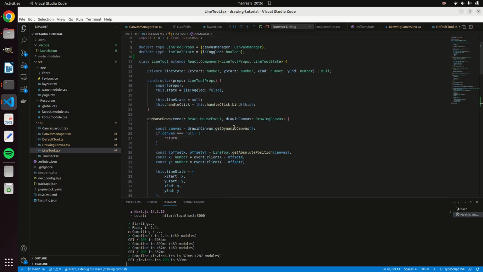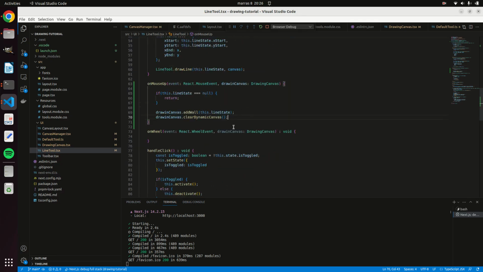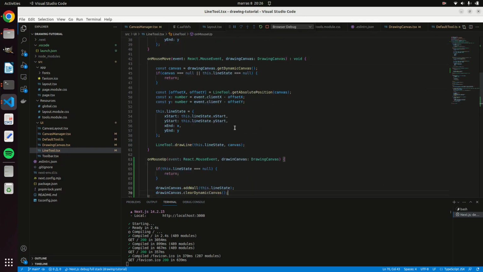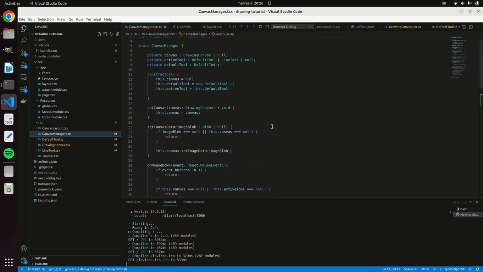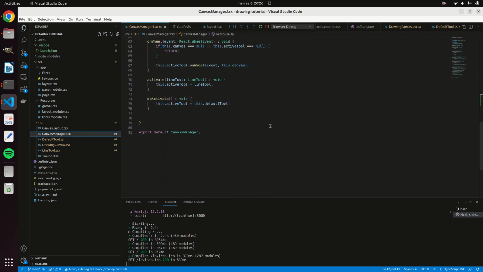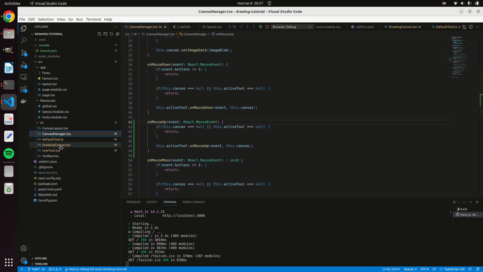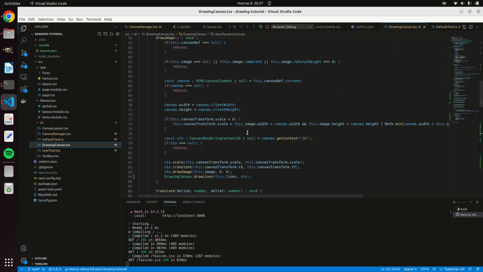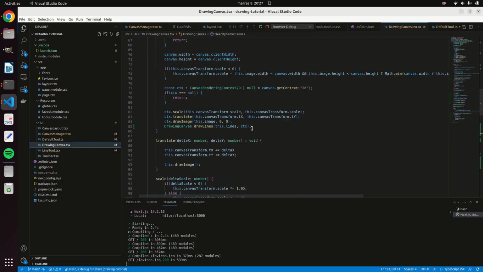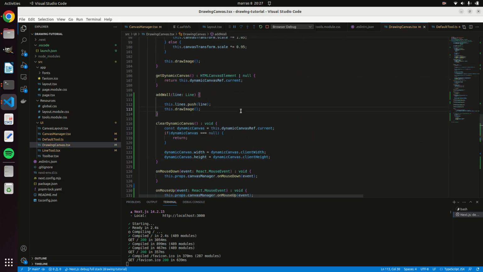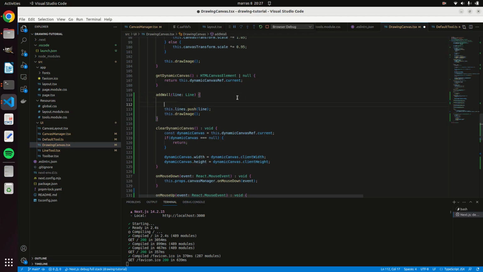So simply go to where's the add wall function. This is actually a wrong function, so let's go to the, again wrong place, add wall. Where's add wall? Add wall is there. Okay, here is the correct place. So then we simply